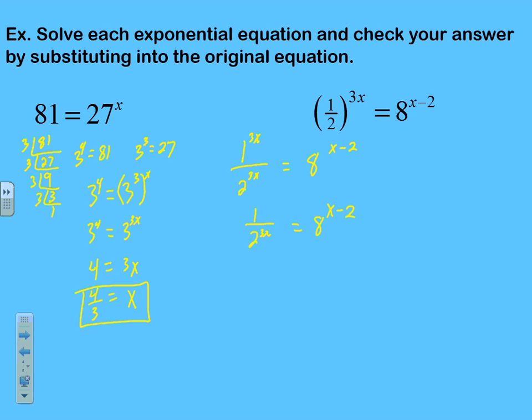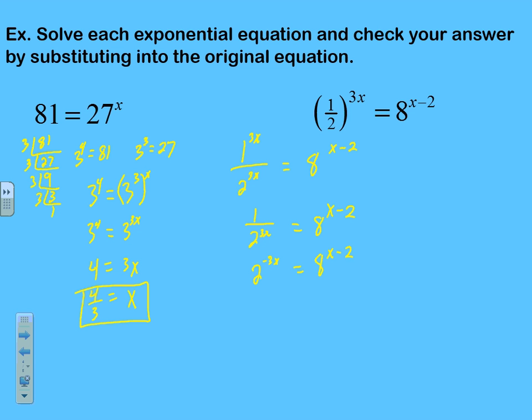One way or another, we have to take that denominator, that 2 to the 3x power, we have to get that variable out of the denominator. So the only way that we can do that is by taking the reciprocal of the left side. And if I take the reciprocal of the left side using my rules of exponents, I'm going to get 2 to the negative 3x power over 1, so anything over 1 is just itself,